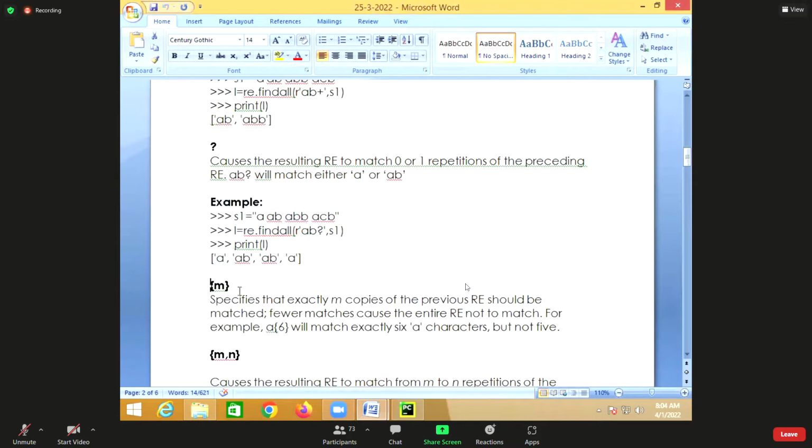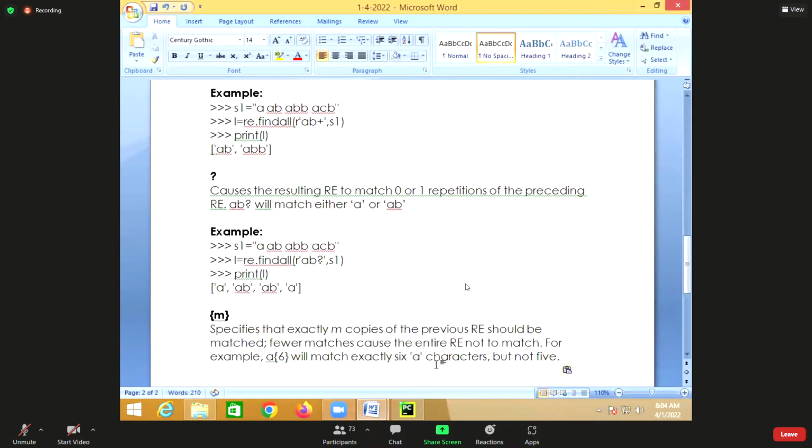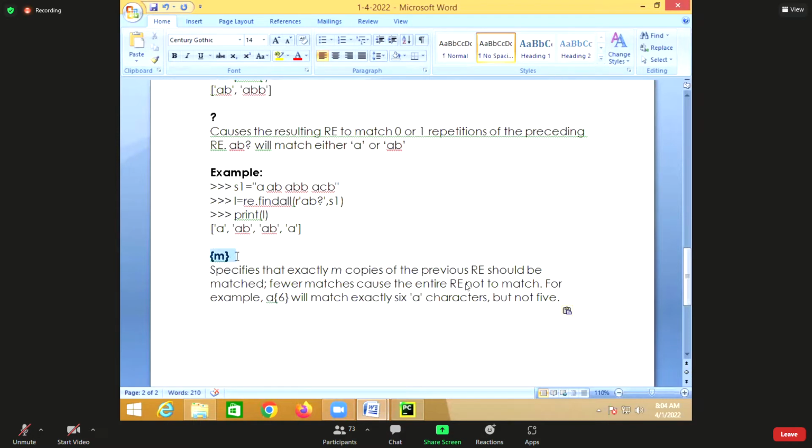I can define exactly the number of repetitions using curly braces. It specifies that exactly m copies of the previous regular expression should be matched. Fewer matches causes the entire regular expression not to match.